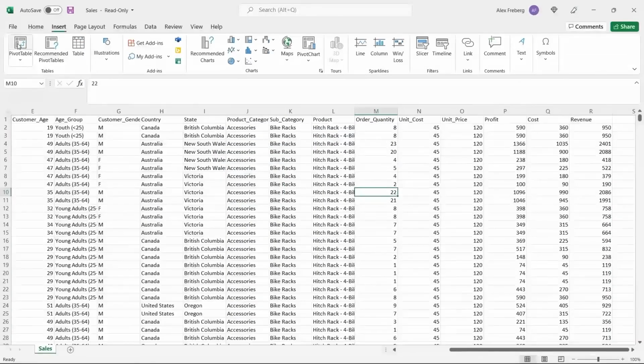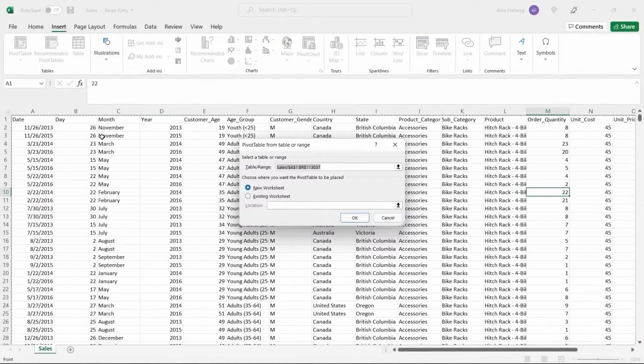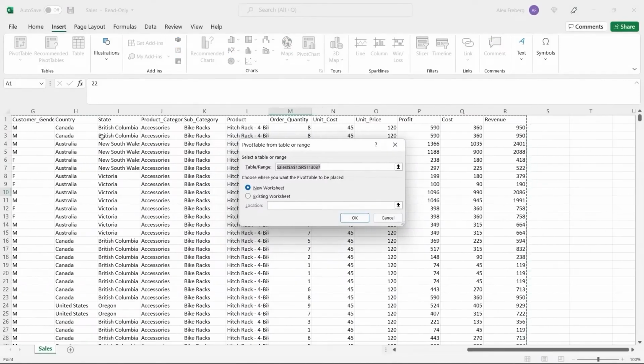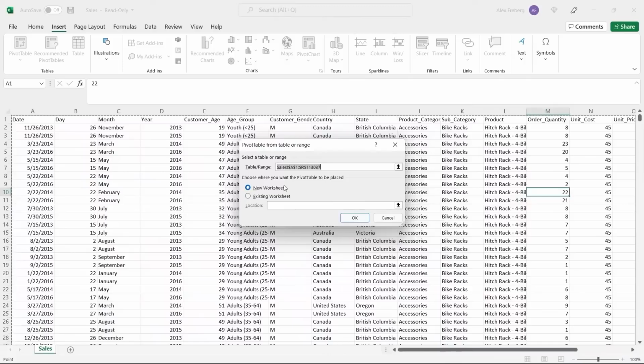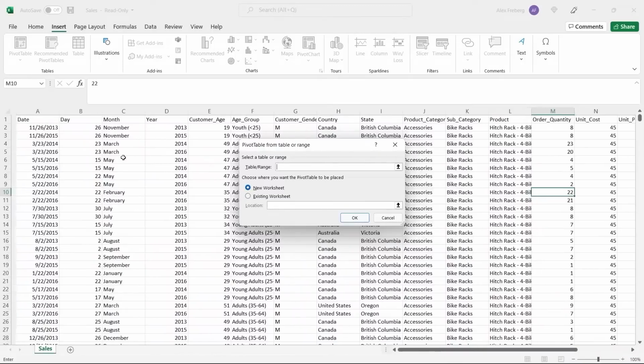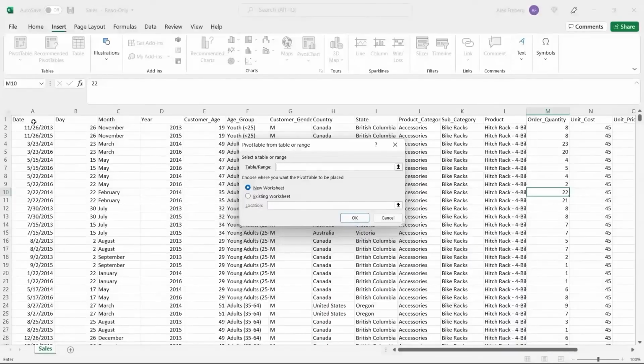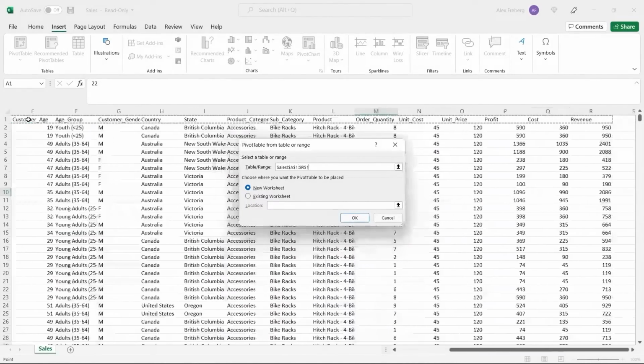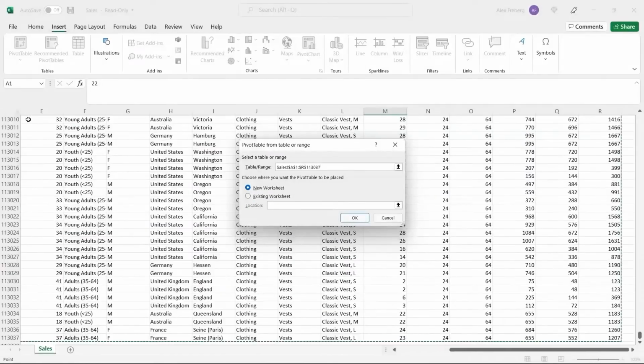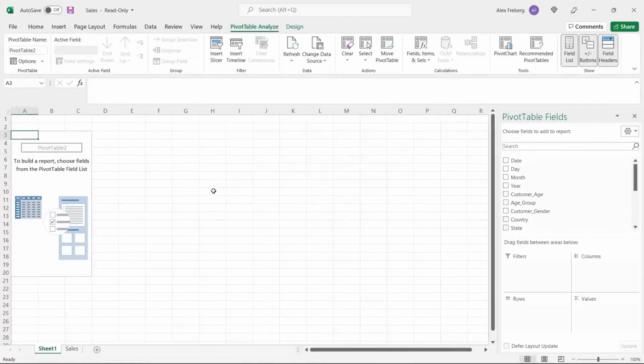But let's click on Pivot Table, and it's going to auto-select basically everything. And that's fantastic. But if it doesn't come like that, you can click right here. You can click Control, Shift, and then the right arrow, and then the down arrow. And that is going to select all of our data. And you have right here a new worksheet or an existing worksheet. We're going to create a new worksheet. Just tends to get too clogged up if we put it on the same worksheet that already has a lot